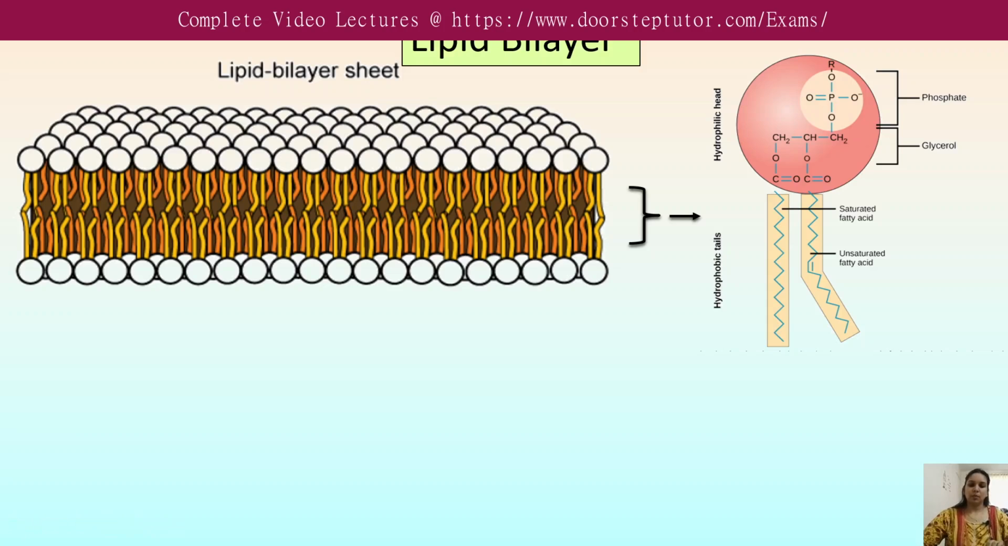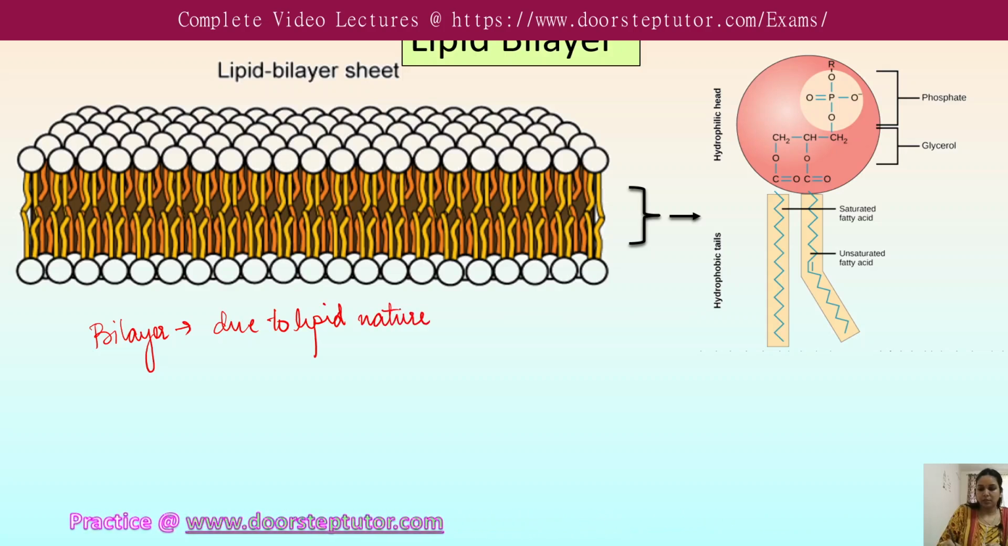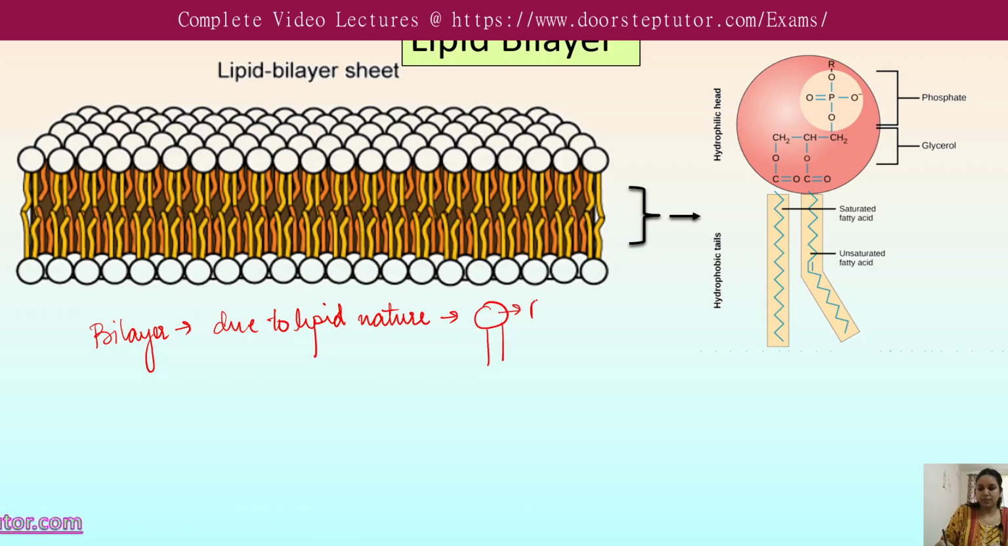So we were discussing the lipid bilayer. The bilayer is basically due to the lipid nature, because it contains two parts. The first one, the upper one, is the polar one, and the two unsaturated fatty acid chains. As we can see here,